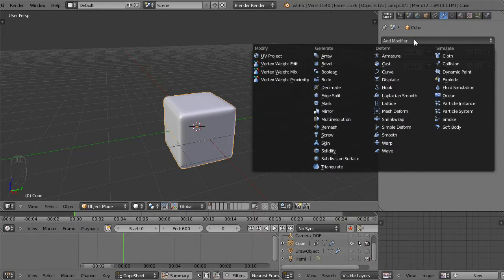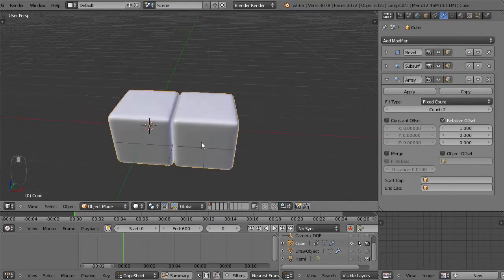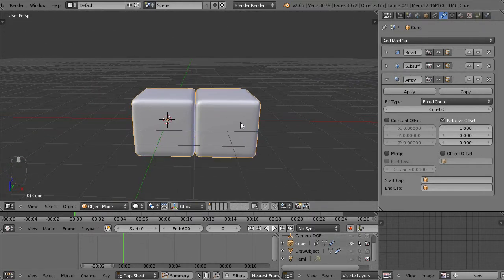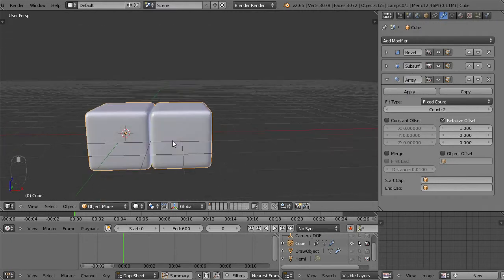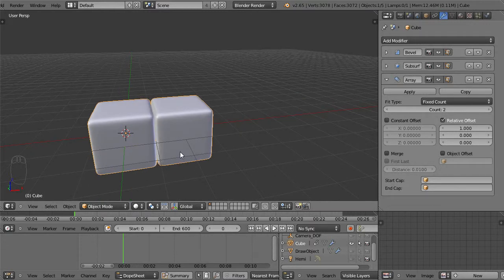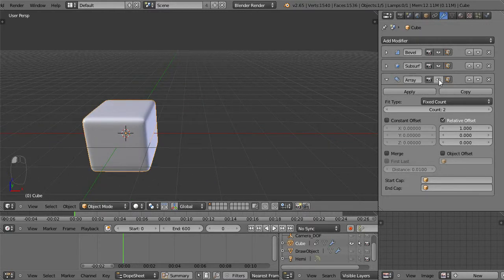If we click on our add modifier and go under generate, we can select an array. An array, if you're not familiar with the concept, is pretty much items in a row, or a group of data, or a group of variables, or a stack of information. So you can see that if we turn off the visibility of this array modifier and turn it back on,